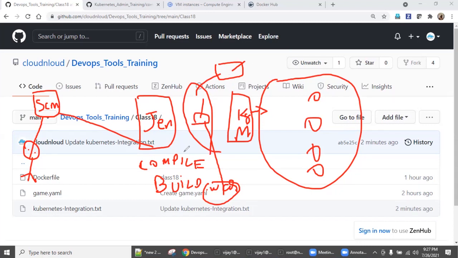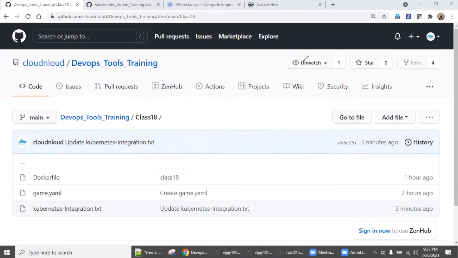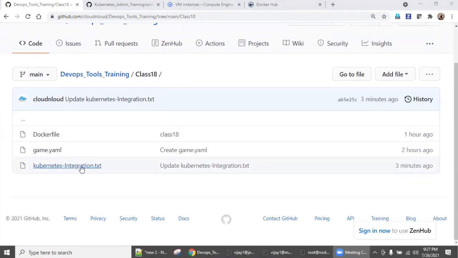Now I want this Docker image to be deployed across the cluster in a new namespace. All of this is going to be achieved as part of this class. Let's go inside. Before going inside, I want to explain there are three files.